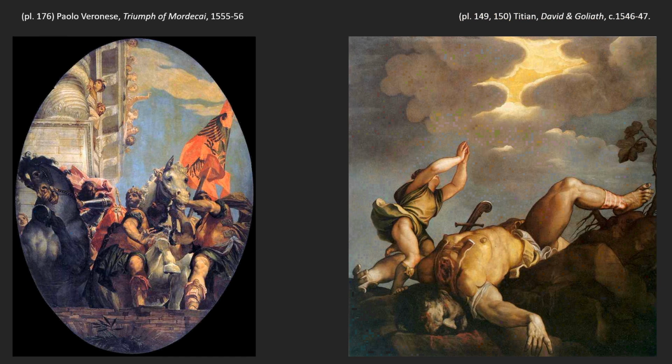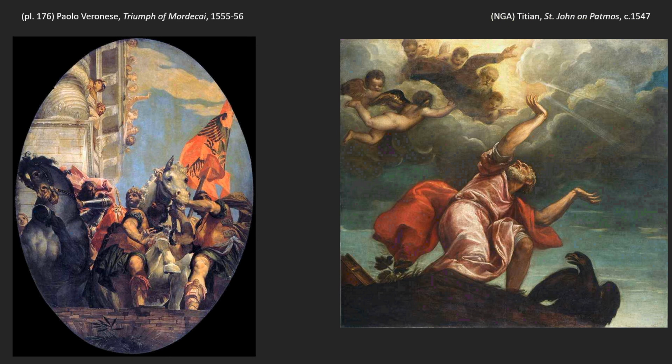So thinking back to these relatively recent Titians, we have one like this as well from the Scuola Grande of St. John the Evangelist, showing St. John on Patmos, where we get the sense of the edge of the ground and we're looking up at him. There have been times when the National Gallery has chosen to have this on the ceiling, so you have to look up at it. I've seen it that way just once. But certainly you can see this is exactly where Veronese is picking things up.